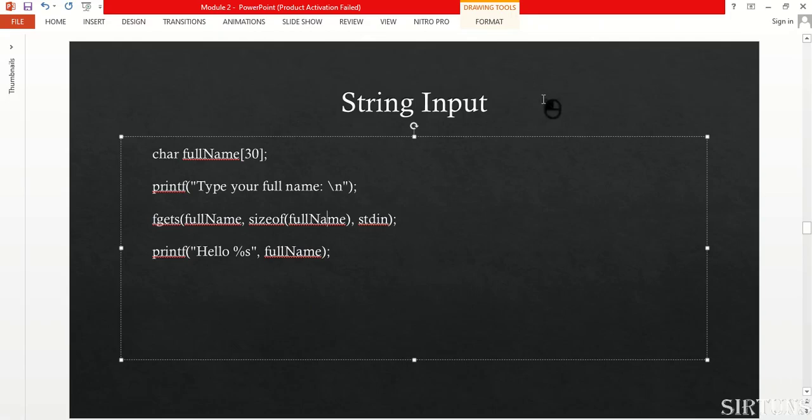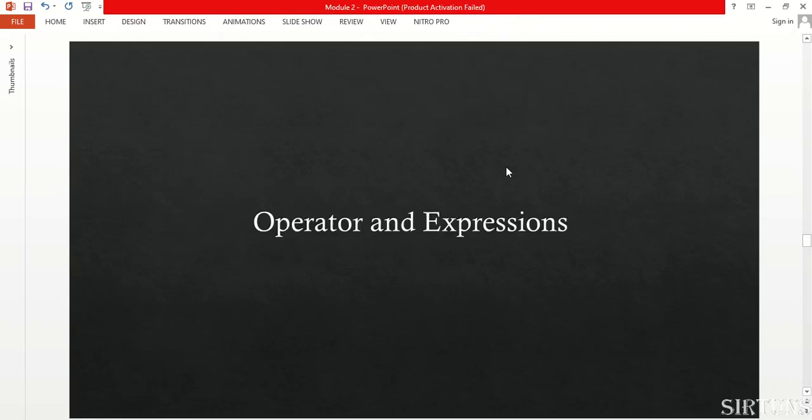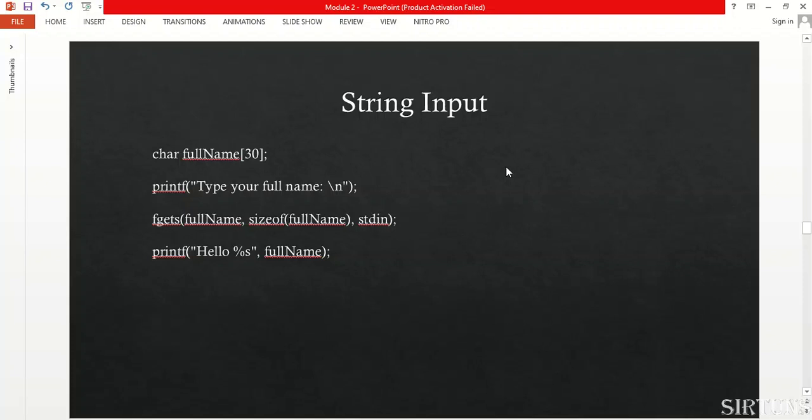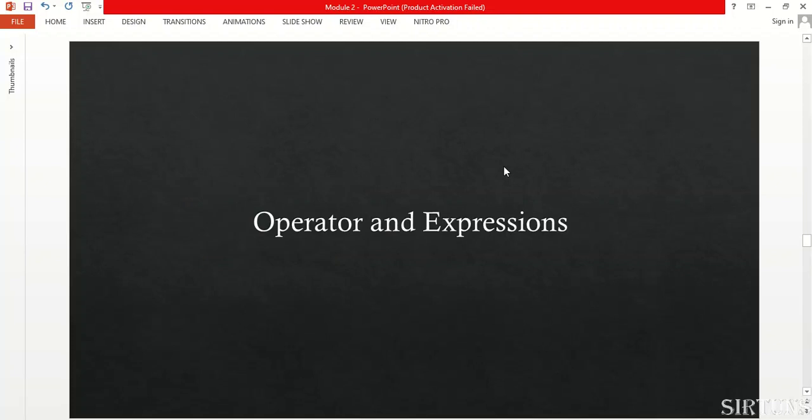So the scanf is best suited for integers, characters, and floats. When we're talking about string input, it's important to use the fgets. So you remember we enter the fgets again. We have fgets, variable name followed by a comma, sizeof the variable name followed by a comma, and the stdin. This is how we come to the end of part 2 of our module 2,